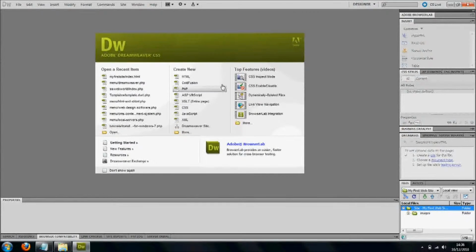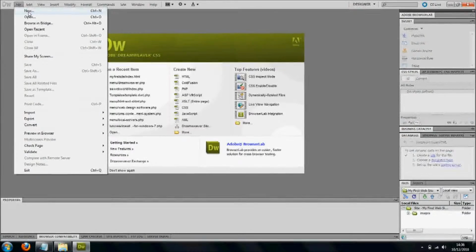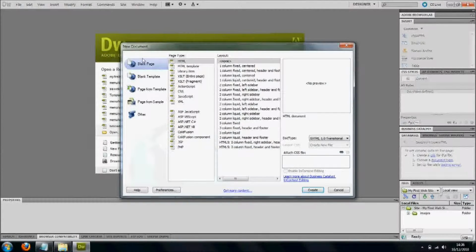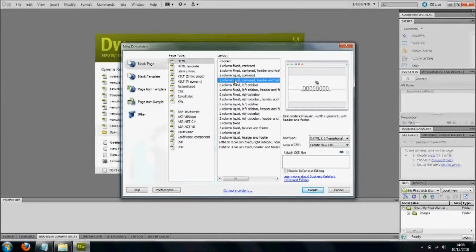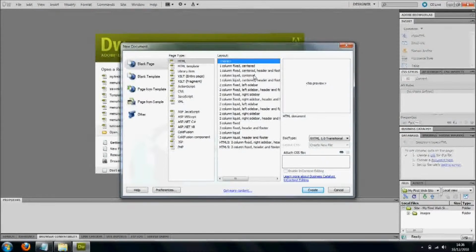Now the next thing we're going to do is create a new page, and we're just going to click on HTML for that, or the other thing we can do is click File, New, and just create a blank HTML page. We're not going to actually assign any specific layout at this point. You can play with these at a later date, and we may even do a few tutorials on them just so we can see what they're all like. But for the time being, just click None, HTML None,